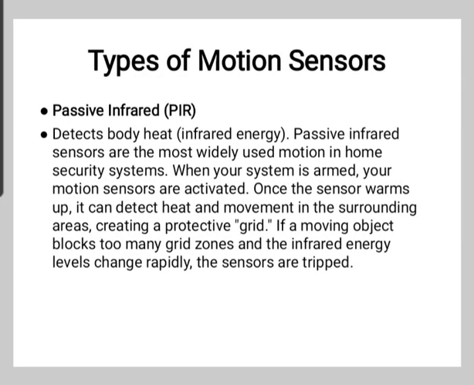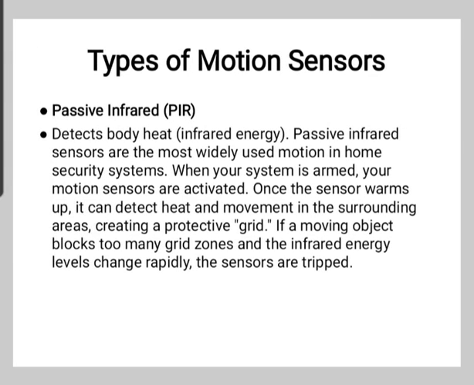So the types of motion sensor. The passive infrared, we have already seen this, detects body heat, that is infrared energy. The passive infrared sensors are the most widely used motion sensors in home security systems. So when the system is armed, the motion sensors are activated. Once the sensor warms up, it can detect the heat and movement in the surrounding areas, creating